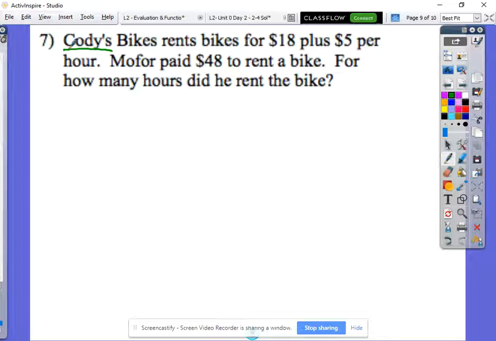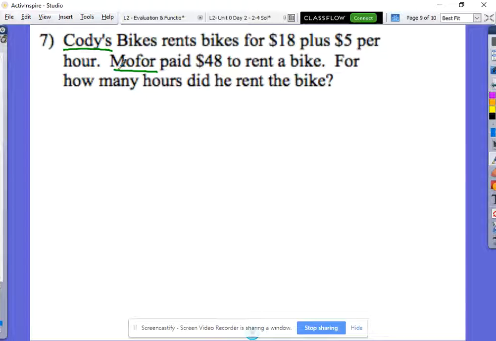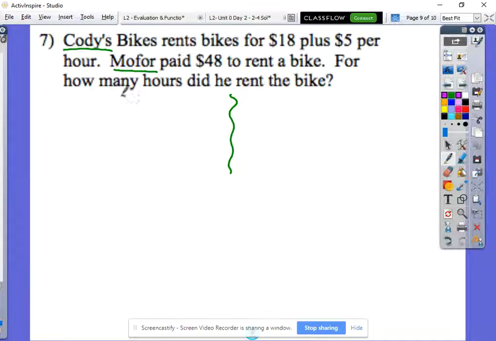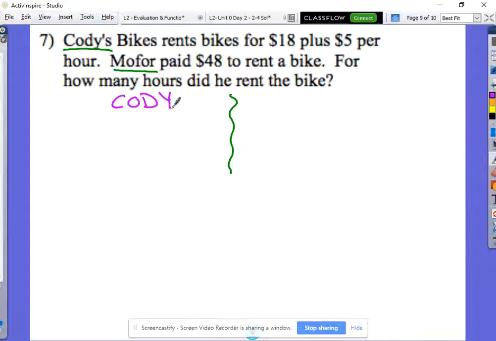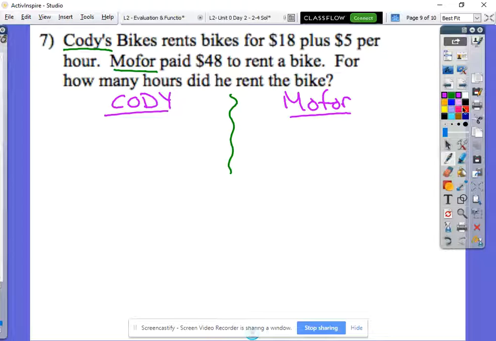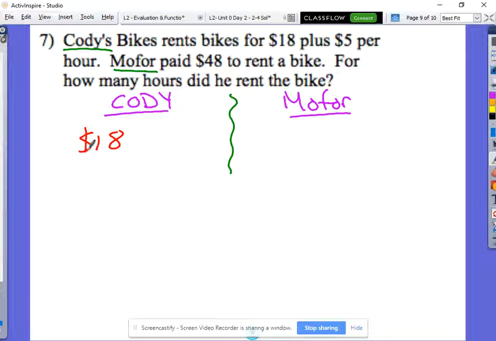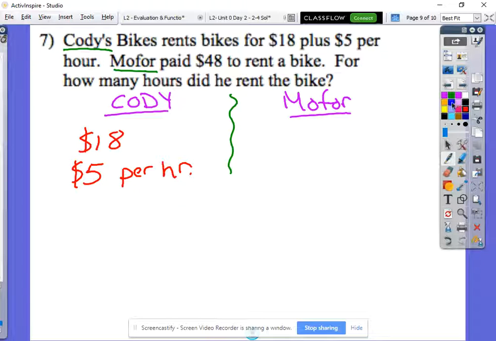So Cody and Mo4. We have two different places to rent bikes. I'm going to kind of split down the middle here and write a couple things about each one. So this side's going to be Cody, and this side's going to be Mo4. Okay. What do we know? We know that Cody is renting bikes for $18, right? And then also $5 per hour. That's important to make that note, that is per hour. Mo4, on the other hand,